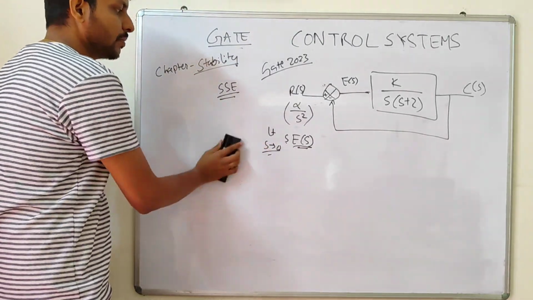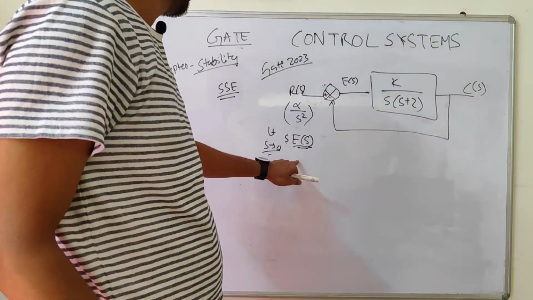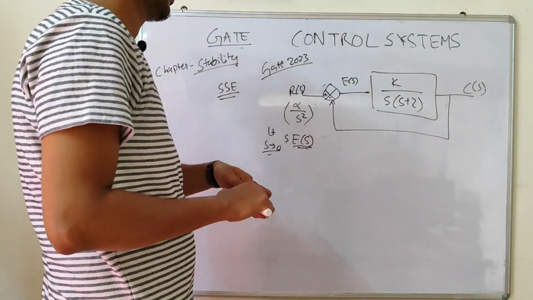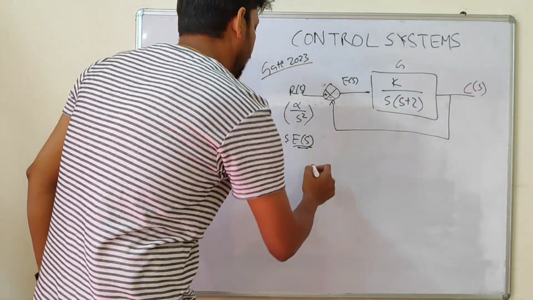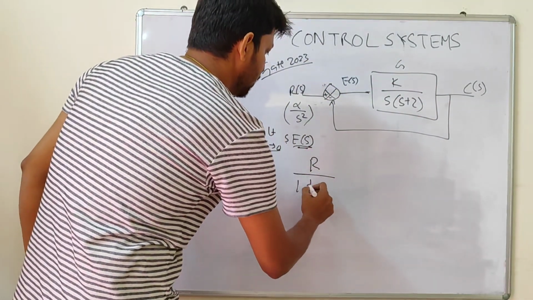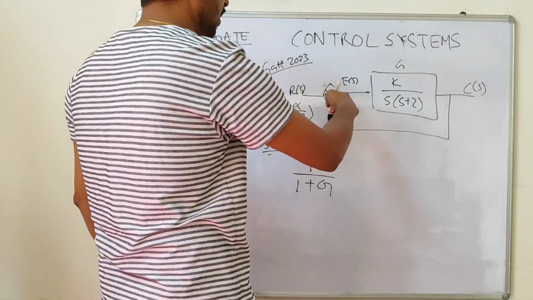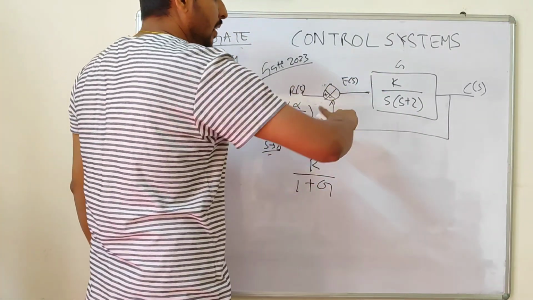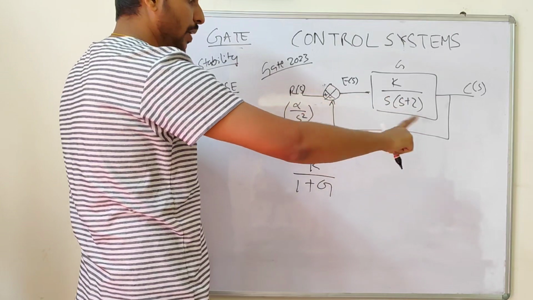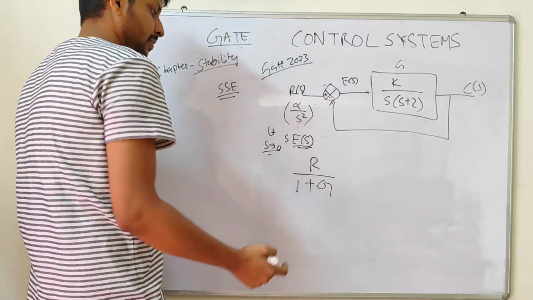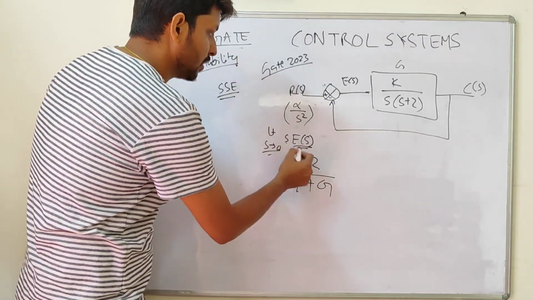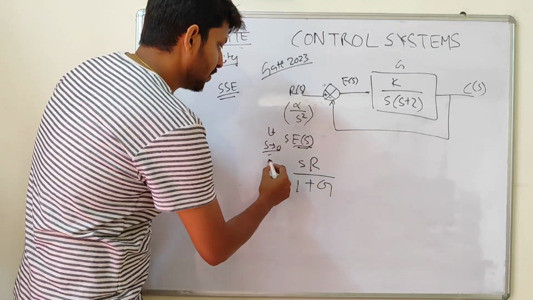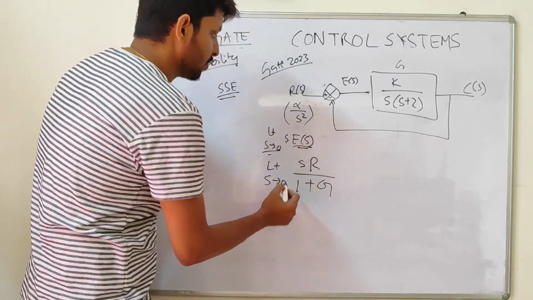So what's the error function here? If this is G and this is R, the error function is given by R by 1 plus G. You can solve for this, because the error would be R(s) minus C(s), and C(s) would be R by 1 plus G. If you subtract this, you'll get this. So this is E(s); multiply it with s, and then find limit s tends to 0,